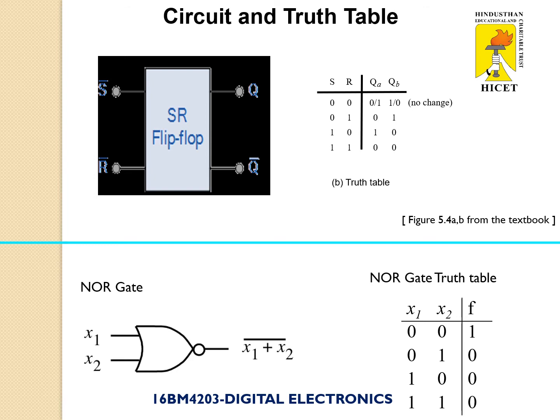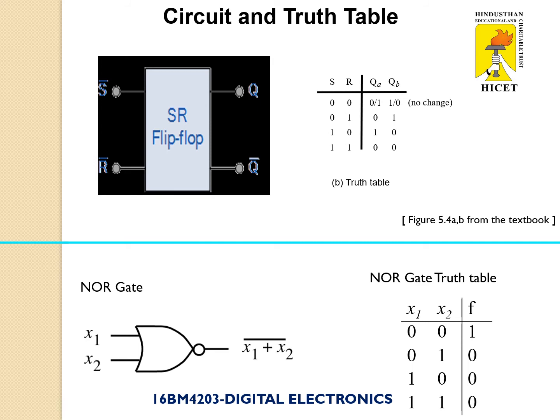Now I am going to explain internal structure of SR flip-flop. Internal structure means what type of gate is used to develop SR flip-flop. So here we are using NOR gate, a combination of OR gate and NOT gate. I have given the truth table of NOR gate. If you analyze the truth table of NOR gate, when 0 0 input is applied, output is 1. For 0 1, 1 0 and 1 1, output is 0. So even if any one input or both inputs are 1, output is 0. It provides active output only when both inputs are 0. Keep this information in your mind.